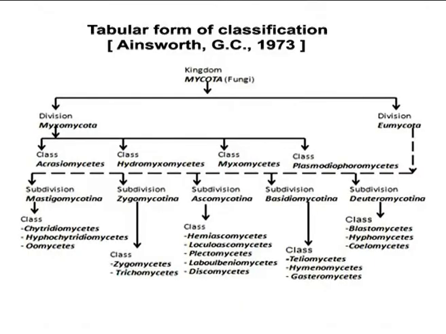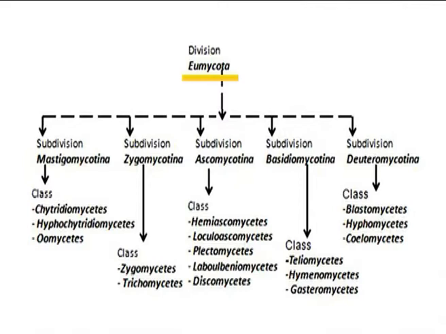Now comes the system proposed by Ainsworth GC in the year 1973. Ainsworth placed fungi under the name Mycota in a separate kingdom and divided the kingdom into two divisions. One is Myxomycota, another one is Eumycota or true fungi. The members of Myxomycota are again divided into classes Acrasiomycetes, Hydromyxomycetes, Myxomycetes and Plasmodiophoromycetes. But the true fungi or Eumycota are divided into 5 subdivisions, namely Mastigomycotina, Zygomycotina, Ascomycotina, Basidiomycotina